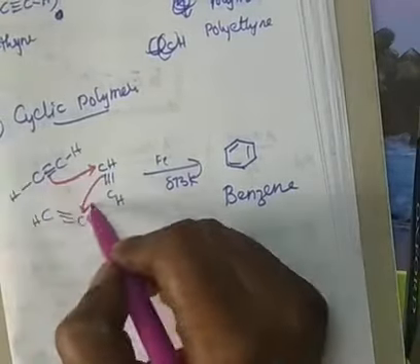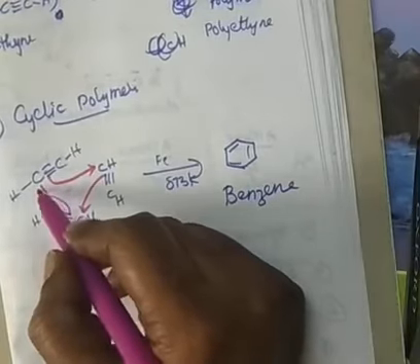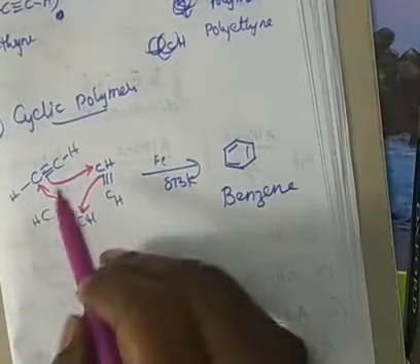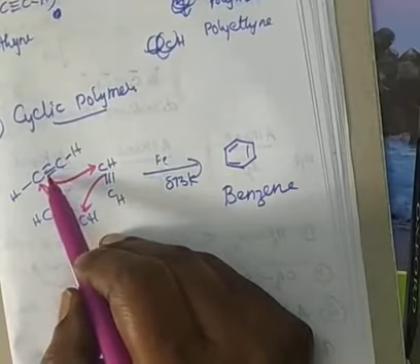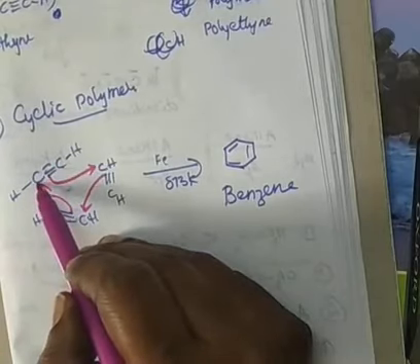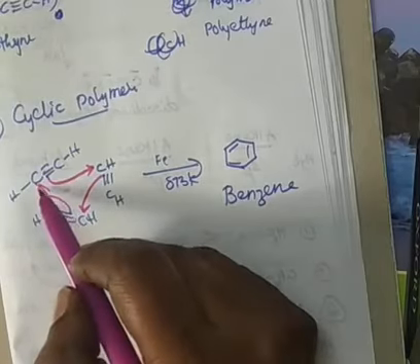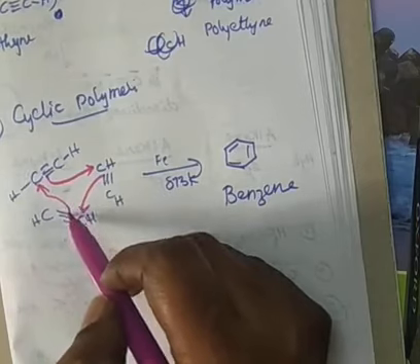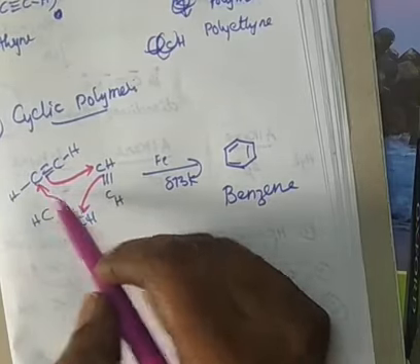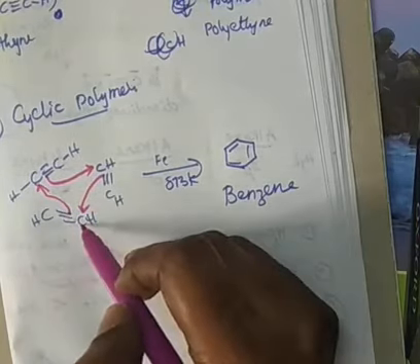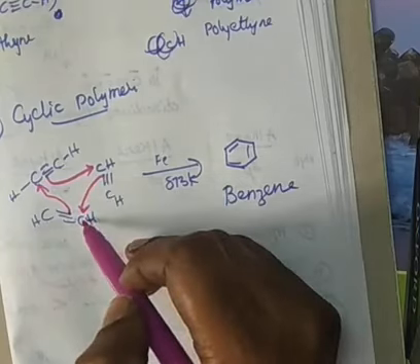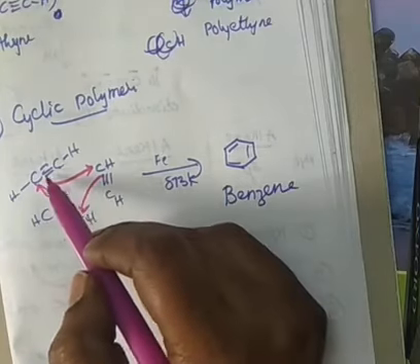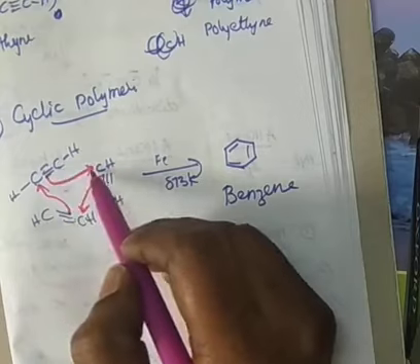See here, this double bond forms a single bond with this one. This carbon loses electrons, and this carbon also, but there is still no positive charge. Why? Because it is taking electrons from this one. This carbon loses electron as it is giving electron. I kept heterolytic cleavage, but still it is not getting a positive charge. Why? It is taking electron from this carbon. Therefore, you have to imagine that this pi bond is removed and a sigma bond is formed.